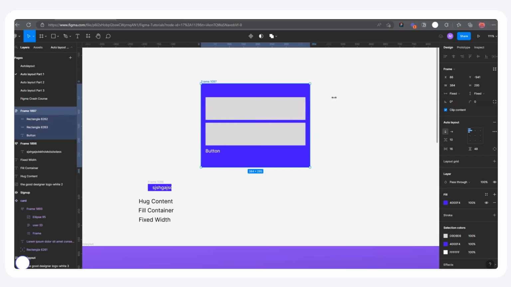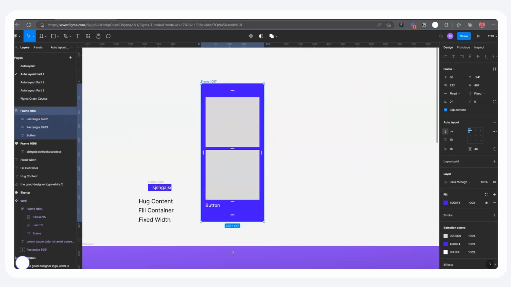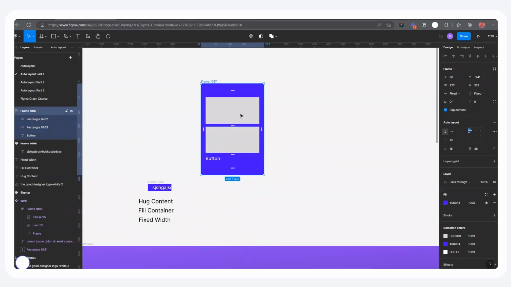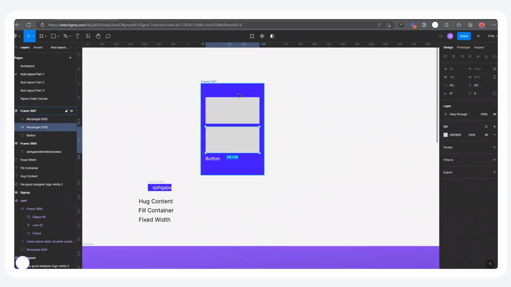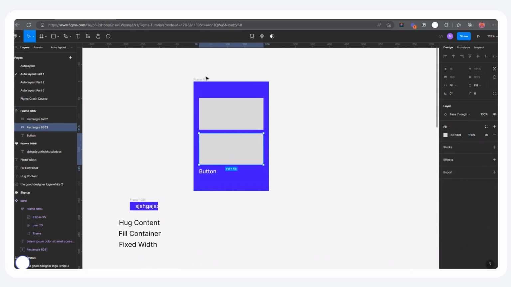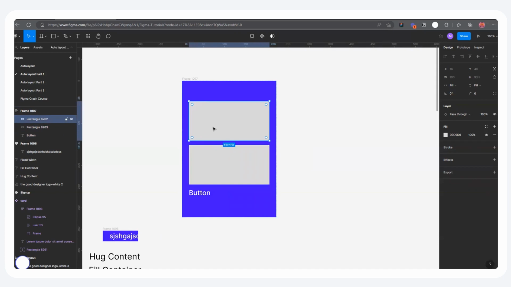So when I increase this, it increases. When I increase this to the bottom, it increases, because these two boxes are in fill container. So anytime you're creating a design, this is the secret behind it. Anytime you're creating a design and you want your elements to adjust to the size of your container, use fill container. The reason we are able to use fill container